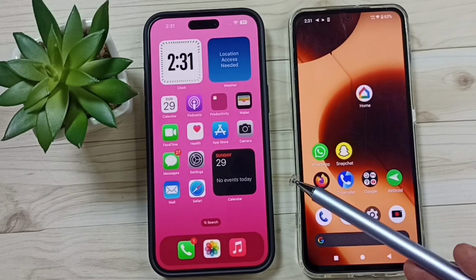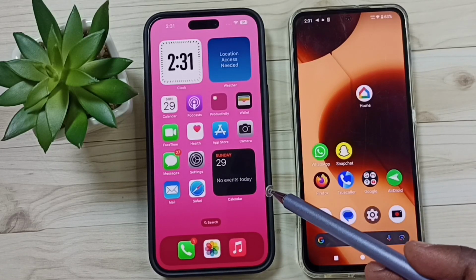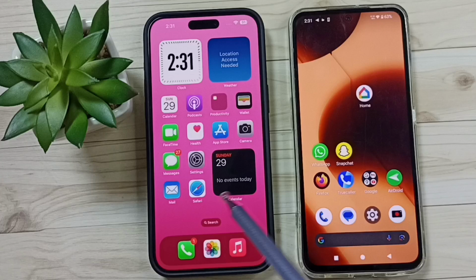Hi friends, this video shows how to transfer photos, videos, any files from iPhone to Android, Android to iPhone without